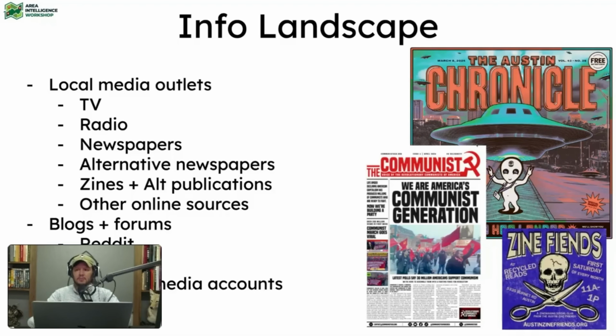And when I say anarchist, I'm not talking about your Edward Abbey homesteading hippie. I'm talking really about the anarcho-communists. Also, any other online sources of local information, look those up in your area. They're producing information. This is something that we need to be monitoring if we want to be ready for post-election fallout, protests, civil unrest, riots, whatever else is going to happen. Also, there's lots of blogs and forums at your state and maybe even your local level. Reddit, I would be surprised if major cities did not have some Reddit forums. Craigslist, I've also seen some political stuff coming on Craigslist. Also social media accounts as well.